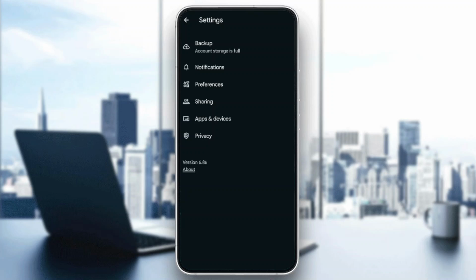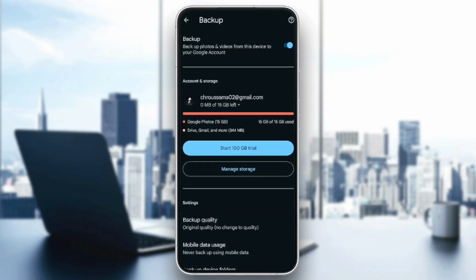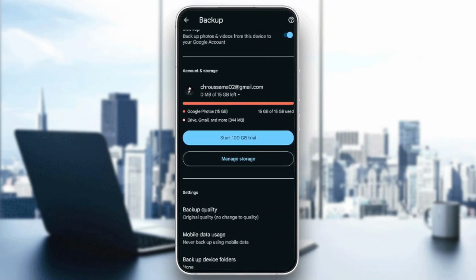So basically guys, right now, if you want to increase your video quality in Google Photos, firstly go to backup. Once you do that, you're gonna be right here in this page. Go ahead and scroll a little bit down. Right here, you're gonna find settings, and the rest you're gonna find backup quality, mobile data usage, and backup device